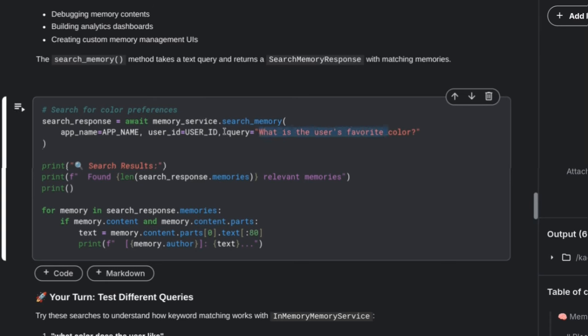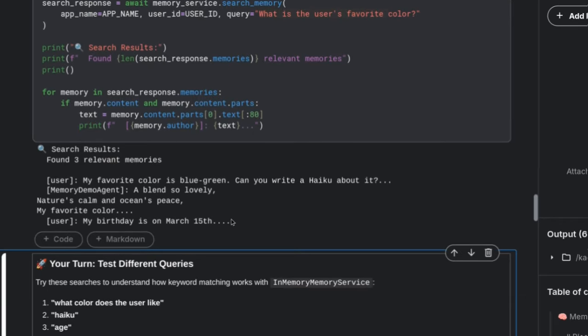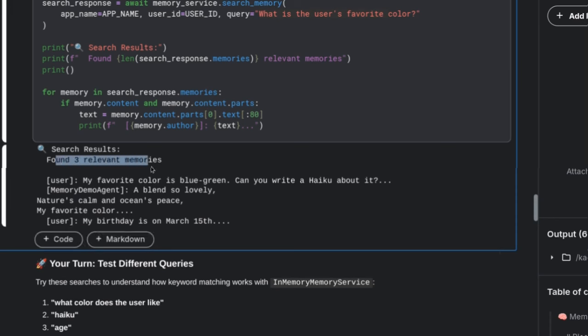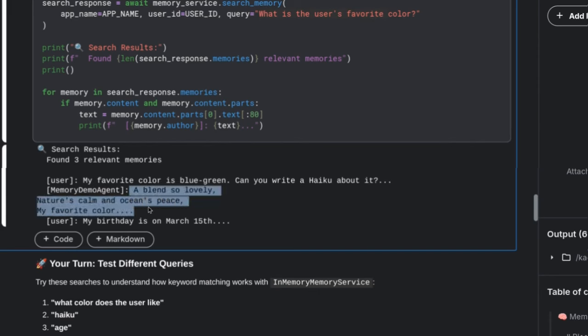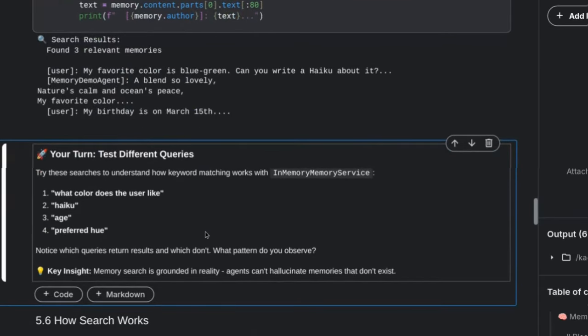So basically the query is we are going to search our memory with this query, and we'll get our response, right? As you can see, it searched and it found three relevant memories. The first one is of course the blue green one. The second is the haiku where we were talking about it, and this third one is quite irrelevant. I don't know why it did that as an output, but yeah,